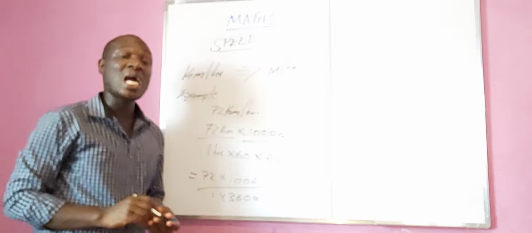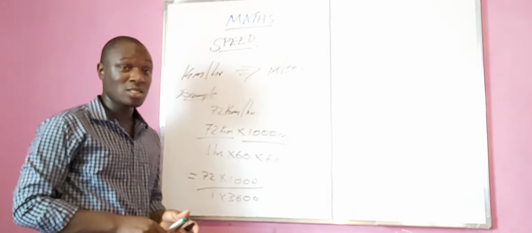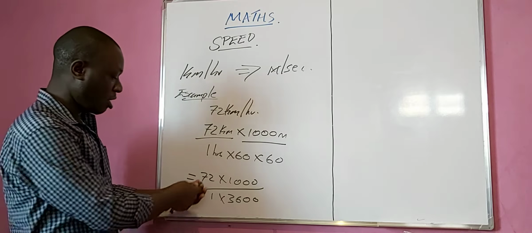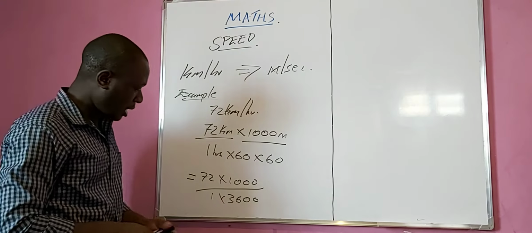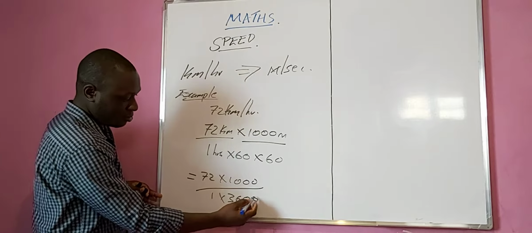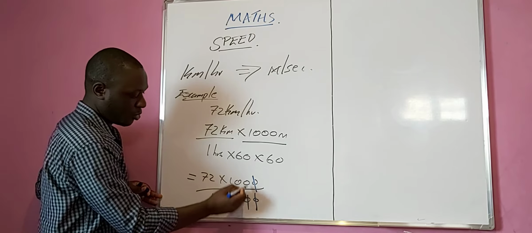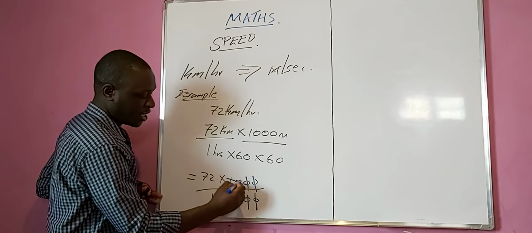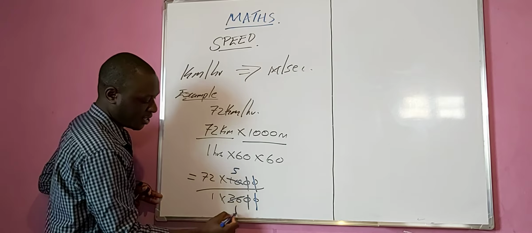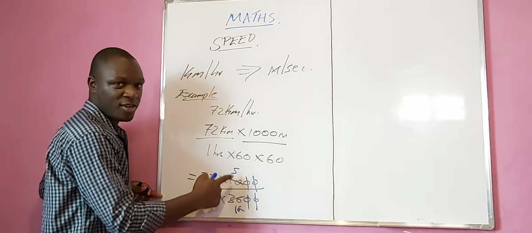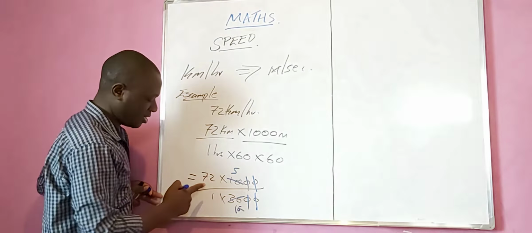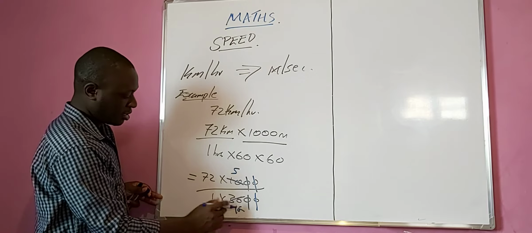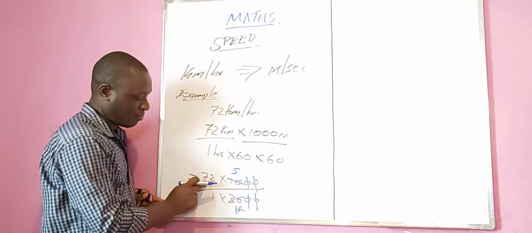Then we cancel. We all know the divisibility test. I believe we know all that. Now, with the numbers, let's cancel. 0 will go with 0, 0 with 0. Then we are remaining with 10 and 36. 2 goes in 10, 5. 2 goes in 36, 18. 5, 18. Underline that. Now, 18 and 72, we can say 72 is divisible by 3 because 7 plus 2